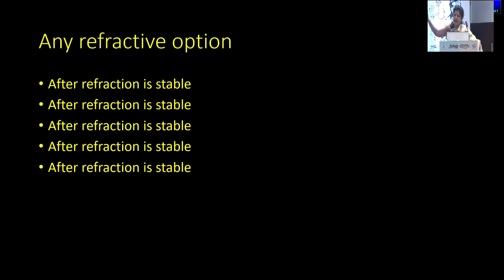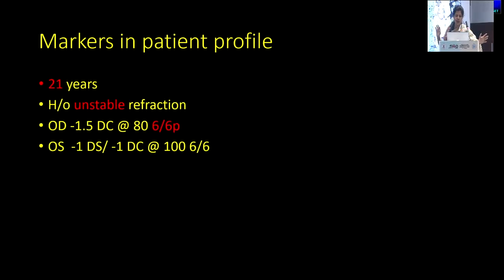So the dictum is that the refraction has to be stable, whatever correction you're doing, whichever modality, and always try to pick up small markers that may be present in the patient profile. So here you have a young patient with a relatively normal kind of refraction. He had an earlier history of unstable refraction. Now, he has been stable for the past 8 months,